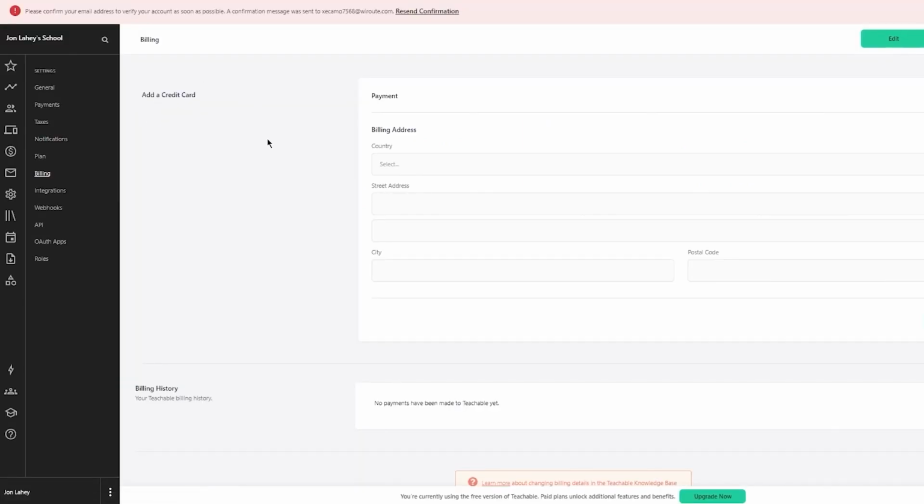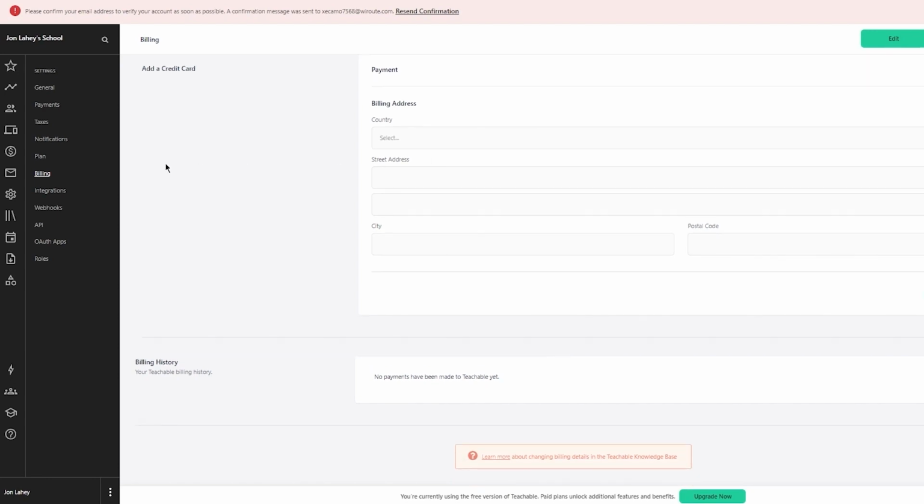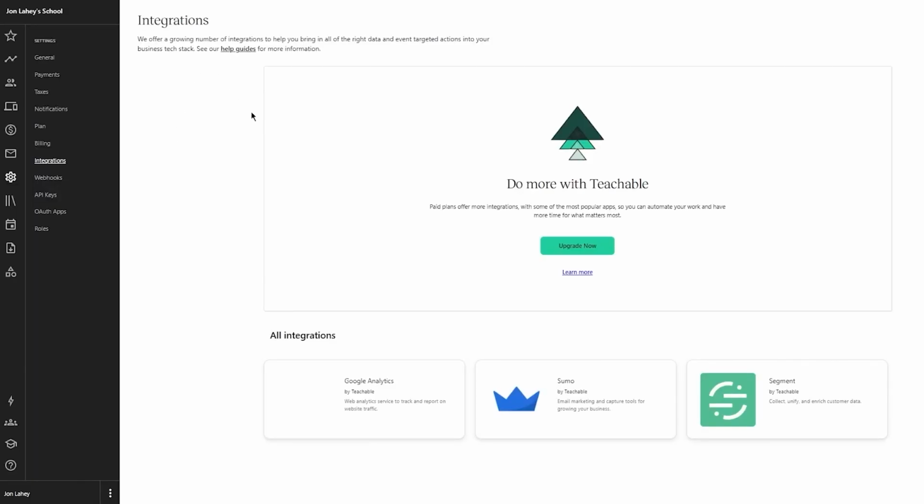Like for your billing address, let's say you add a credit card, and once you've added a credit card, you're going to add a billing address for your payments. Maybe your credit card doesn't work. Where will they send you a bill? So you're going to give them an address to send you a bill. Then obviously there's integrations. In the integration section, you see all the different apps that you can integrate with and